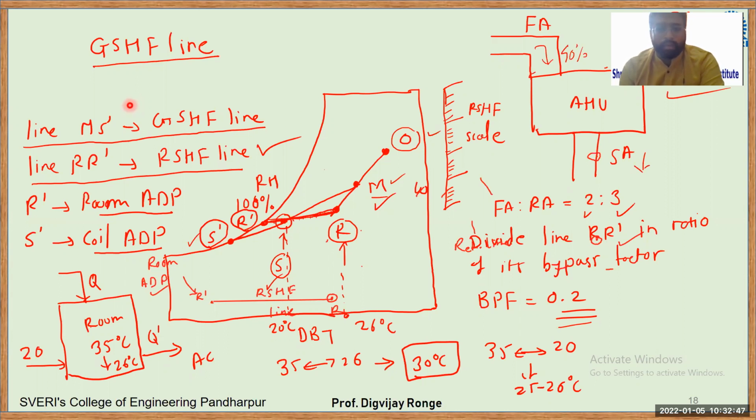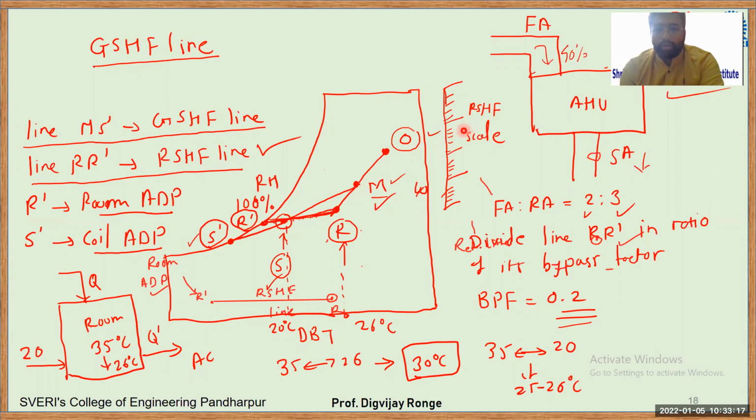Now see here, in this case, this point is the outdoor condition, denoted by O. Here we have the room condition, denoted by R. Somewhere here in the AHU, outdoor air, that is fresh air, will be combined with return air, and here we have supply air. So this is point M, the mixing point. Now we have calculated the RSHF somewhere here.